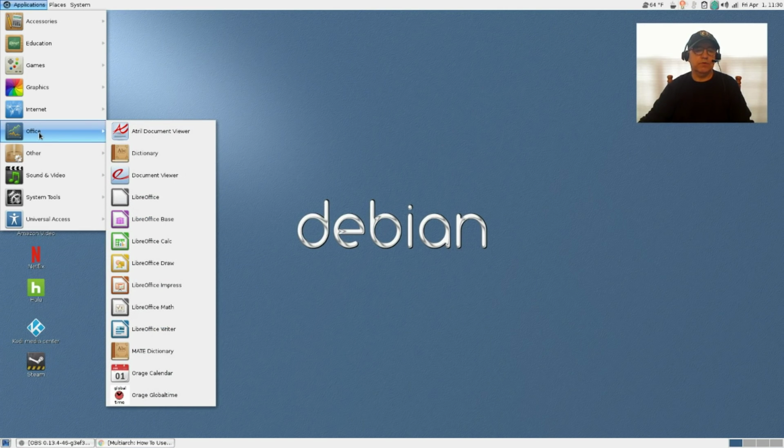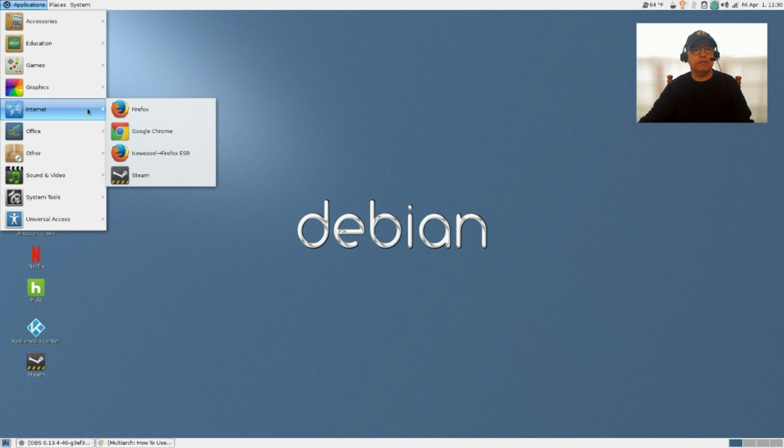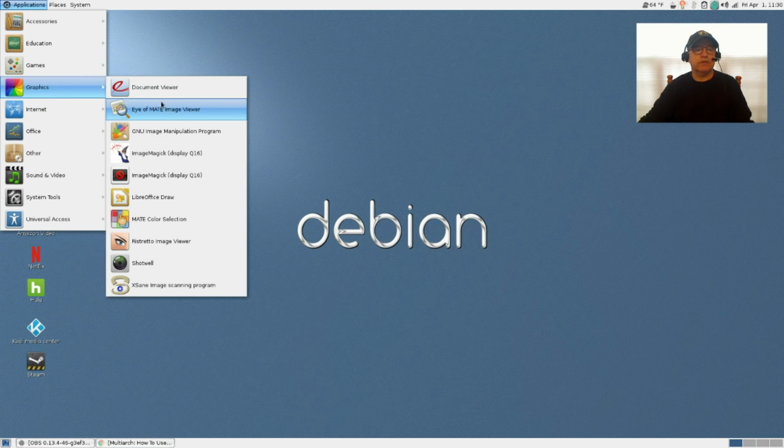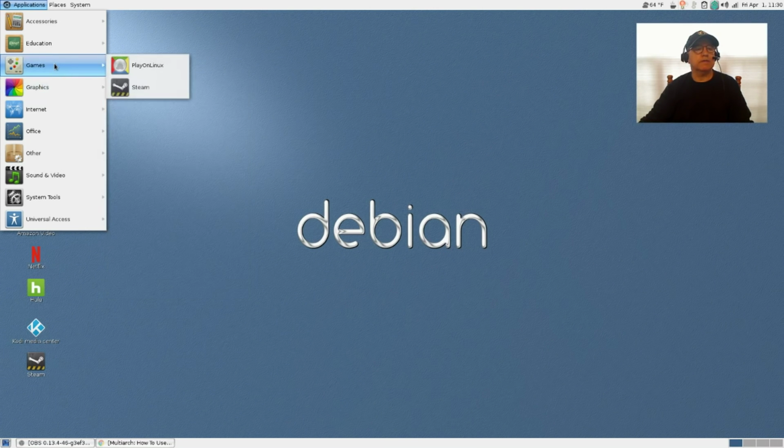Office, it did come with LibreOffice. I may delete that and install WPS Office, which is something I prefer. Internet, it came with Firefox. I added Google Chrome. Graphics, I added Shotwell. It did come with most of this out of the box.